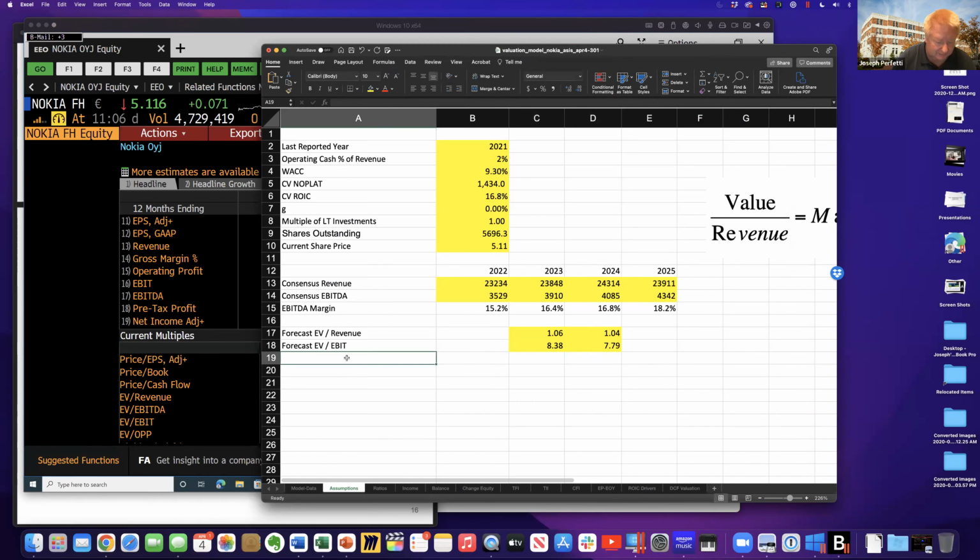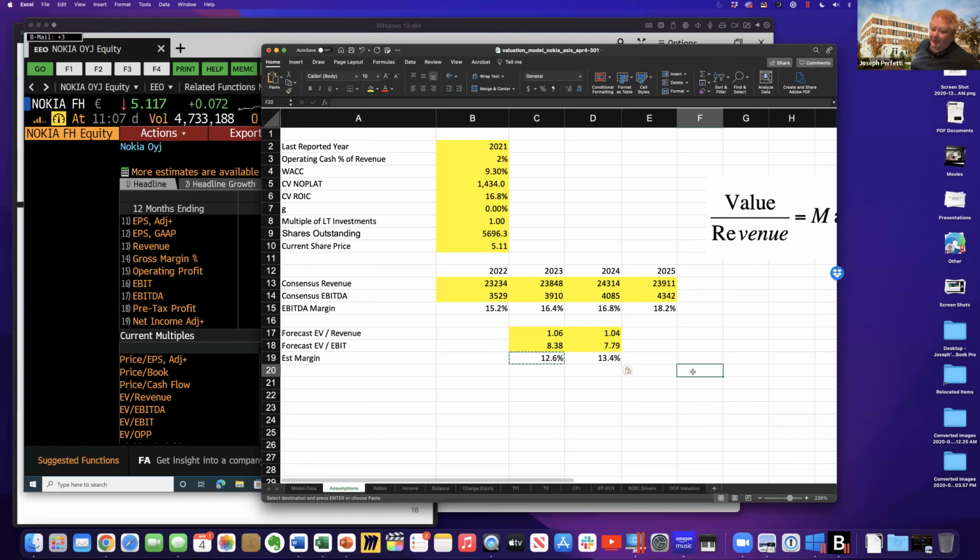So that's the estimated margin: the EV to revenue divided by the EV to EBIT. That's that formula over on the right. So basically 12.6% and